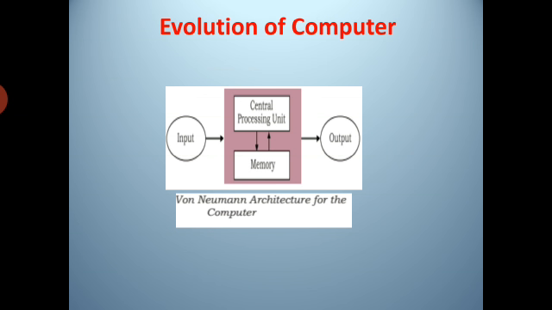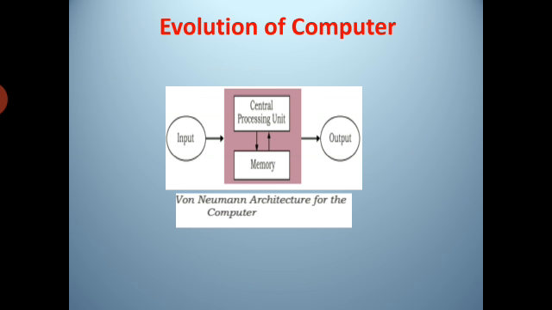Evolution of computers. Students, as you all know, from the simple calculator to a modern day powerful processor, computing devices have evolved in a relatively short span of time. The figure given on the screen is von Neumann's architecture. It consists of a central processing unit for processing arithmetic and logical instructions, a memory to store data and programs, input and output devices, and communication channels to send and receive the output data.